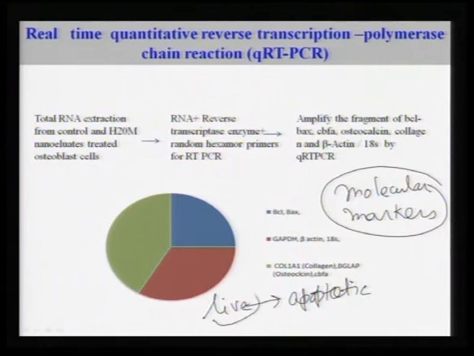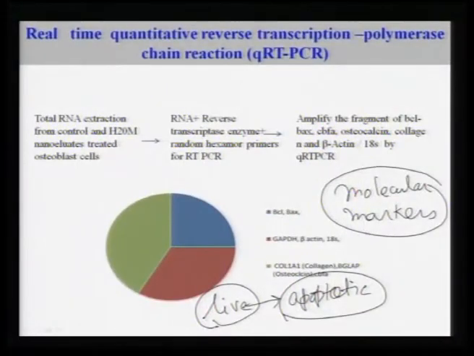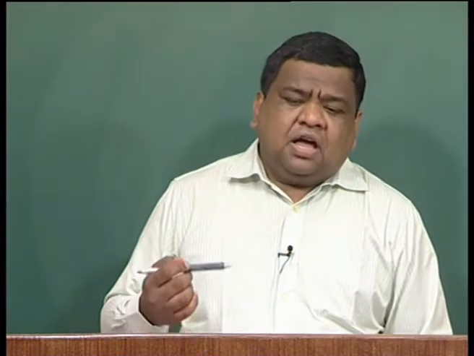In live bone cells, your DNA will have a certain arrangement, and your plasma membrane will have certain functions. In the apoptotic cells, your plasma membrane will have different functions, and DNA will not be able to replicate and synthesize the protein like in the live cells. Agree on this point? So, the ability of DNA to transcribe and translate to make proteins, or to go through the replication process, will be different depending on whether the cells are live, apoptotic or necrotic.